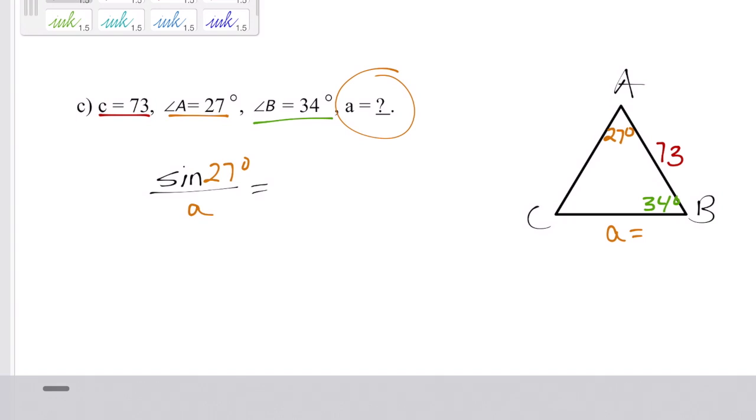And I need to set this equal to something that I have both the sine and the opposite side of, or the angle and the opposite side of. So they've given me angle B and side C. So I either need to figure out what angle C is or I need to figure out what side B is because I need the opposite side of whatever angle I'm using. And because I already have two angles from the triangle, it's easy enough for me to just figure out the third by subtracting from 180. So whenever I do 27 plus 34 and subtract that from 180, I end up with 119 degrees,